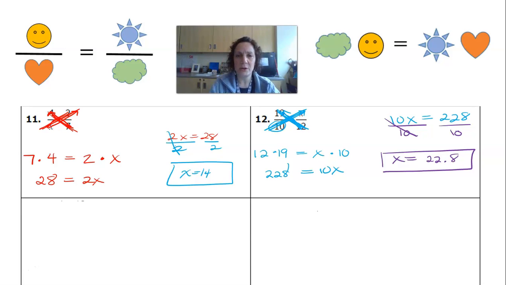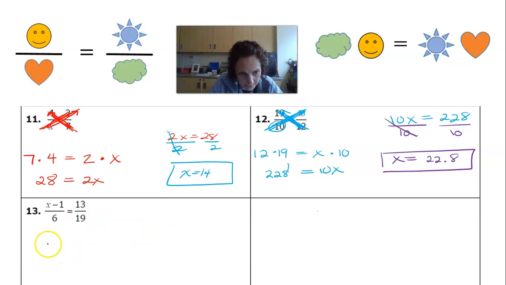Now the next two, they have a little layer added, right? There's still fraction equals fraction. But what I want you to notice is here in number 13, the fraction got a little spicy, right? So instead of just having an x up here, it's an x minus 1. And we're going to do the same exact thing. There's just one thing we have to remember when you cross multiply